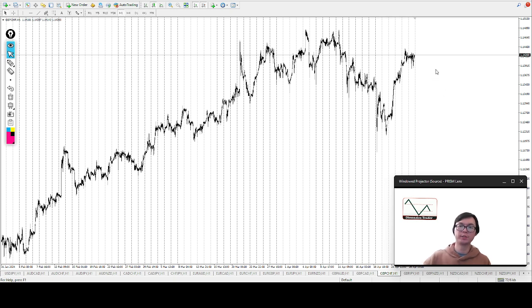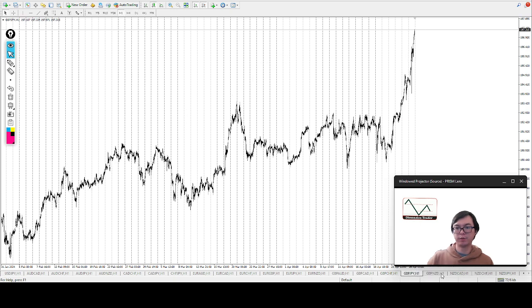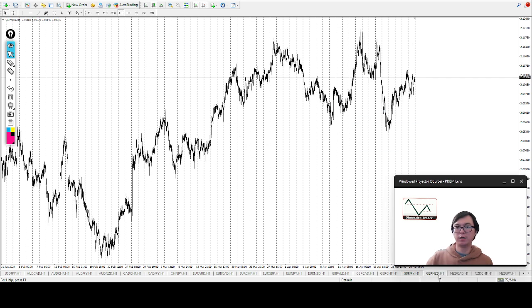So Pound Swiss, expecting long next week as long as we have the setup in lower time frame. Pound Yen shooting up, nothing to watch in the low time frame. Pound New Zealand,